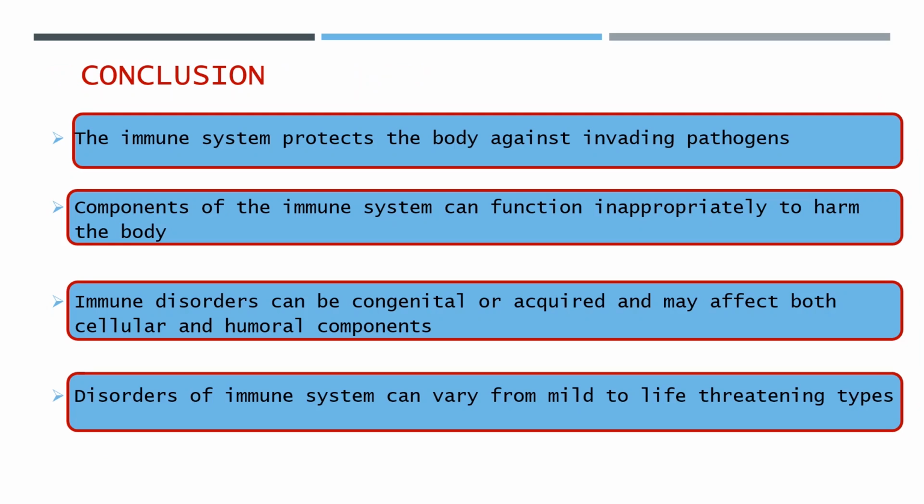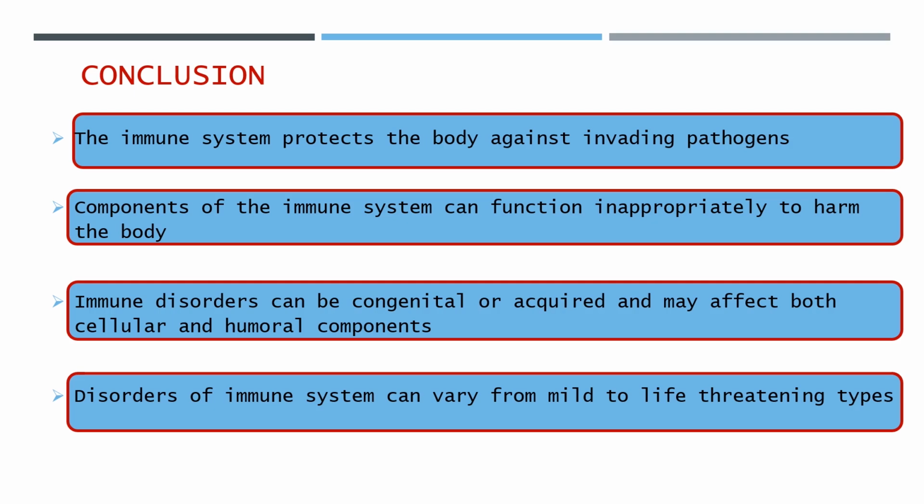In conclusion, in the course of this lecture, we have talked about the immune system as a means of protecting the body against invading pathogens. The body is strengthened with different types of immune mechanisms, either cellular or humoral, both in the innate and the adaptive arms, and they are all essentially designed to protect the body against bacteria, viruses, fungal infections, and any other form of disease that can affect the body.